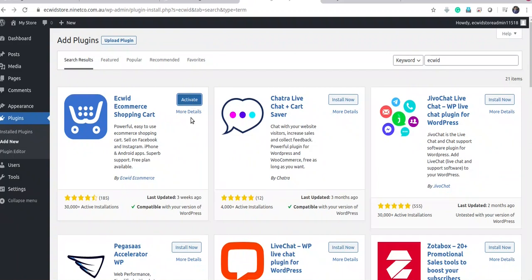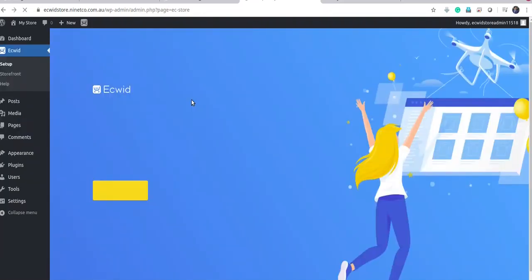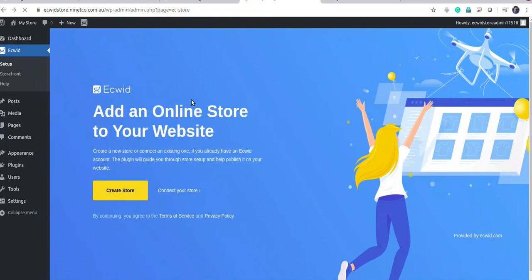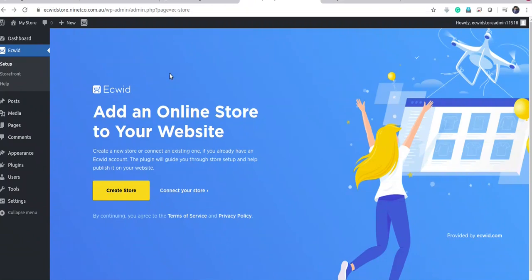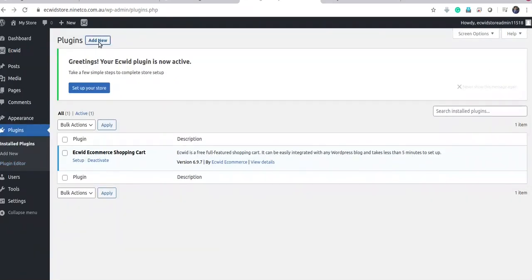It is installed. Click Activate to activate the plugin. It will take you to the dashboard of ECwid plugin, and you can create a store from here, but for now I need to install a couple of other plugins before I start doing this. Go back to your plugin, Add New,